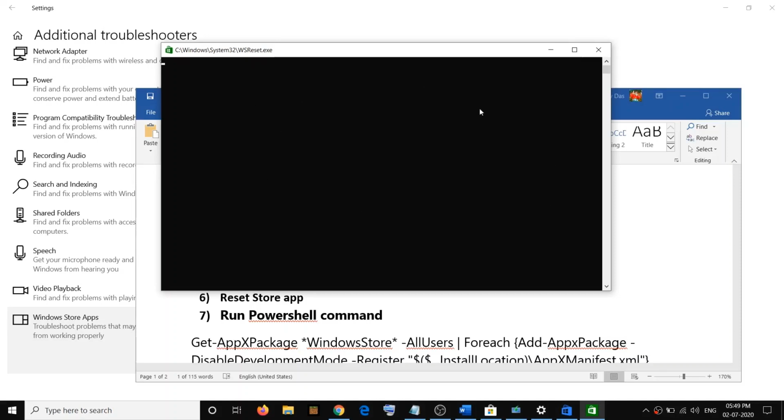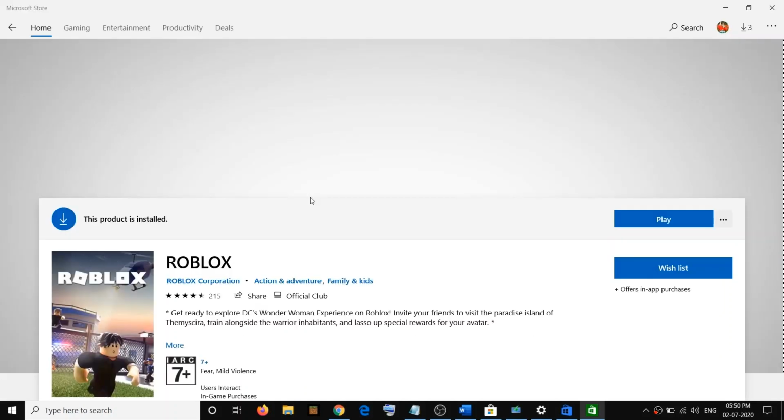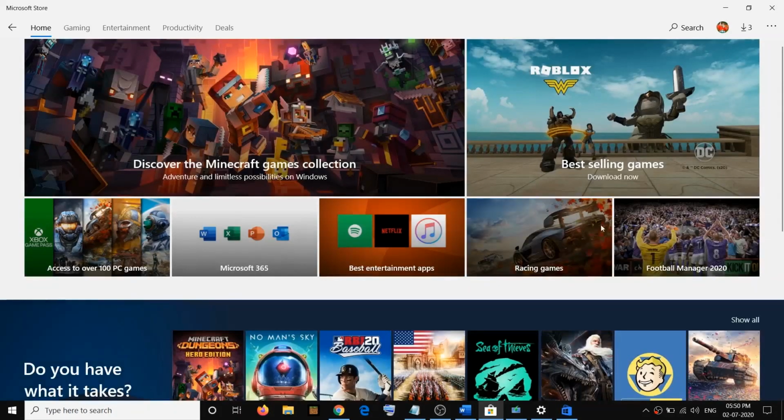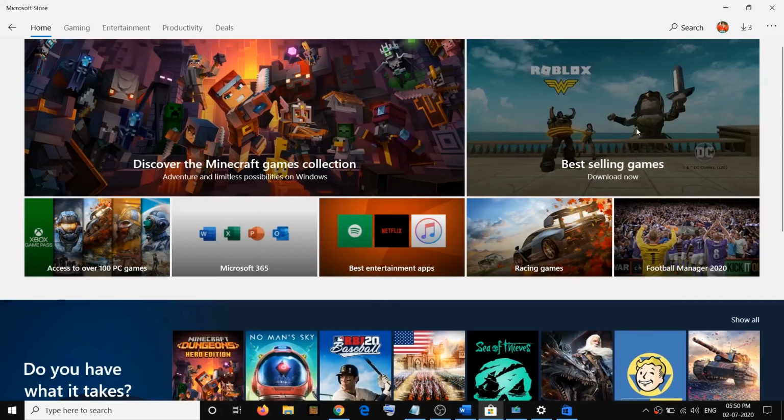This may take a couple of seconds or maybe a minute. So here you can see the black screen is gone now and the Microsoft Store is open. Go ahead and try to download Roblox once again.